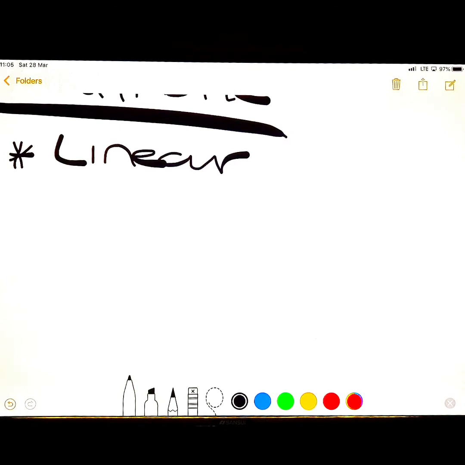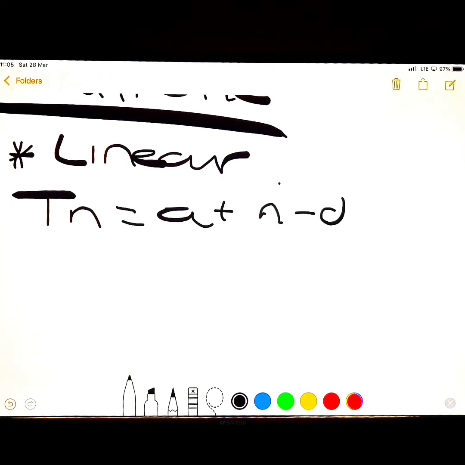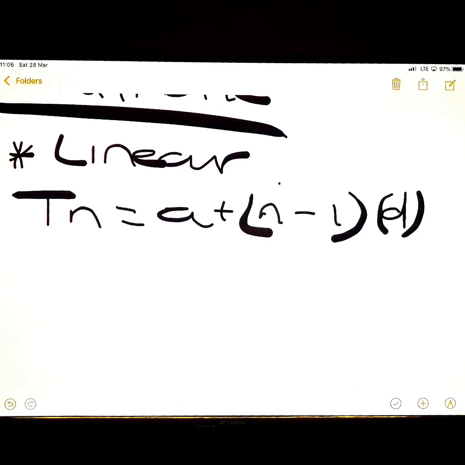So the general term that you're going to have is Tn = a + (n - 1)d. I usually put this in brackets so that when you have to substitute the two. Okay, and then